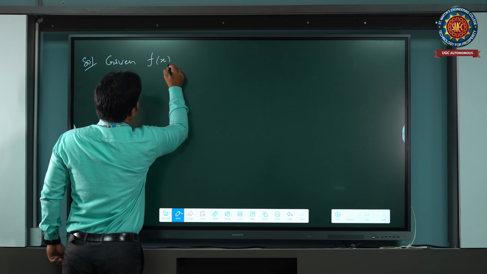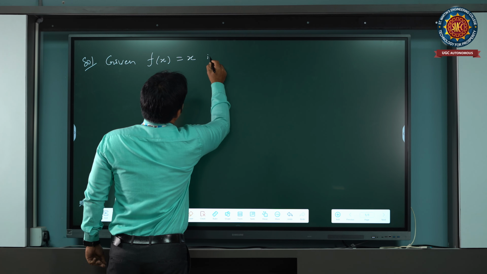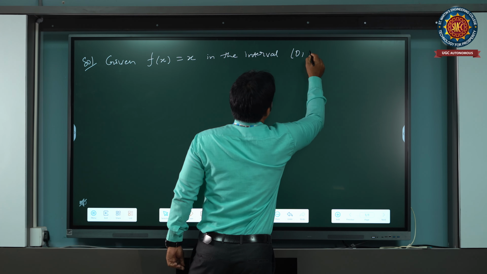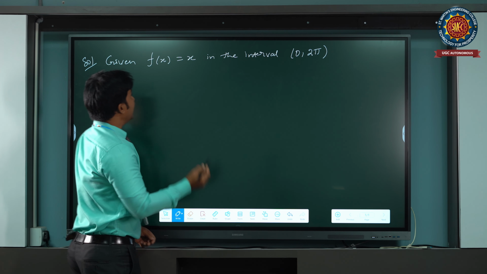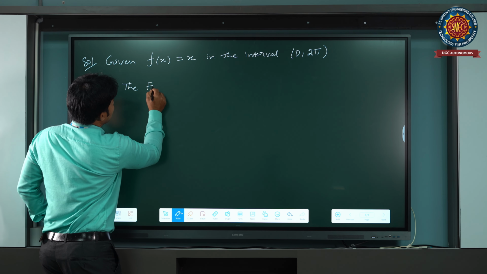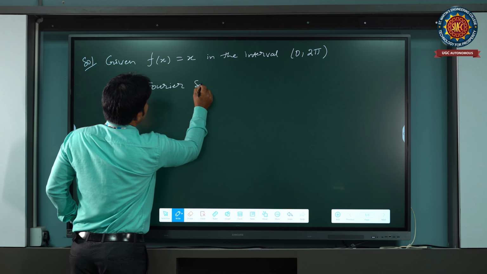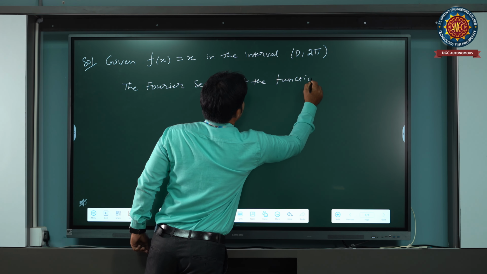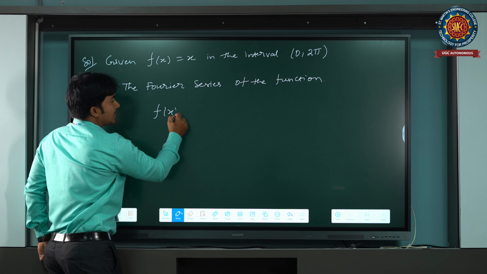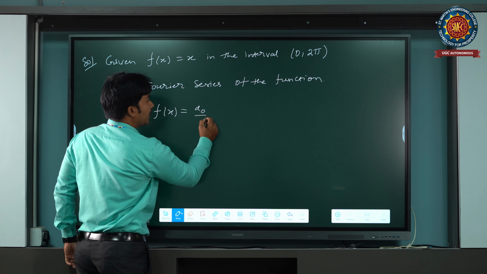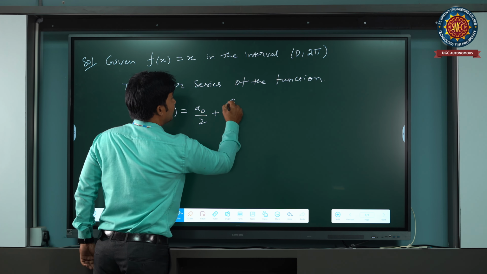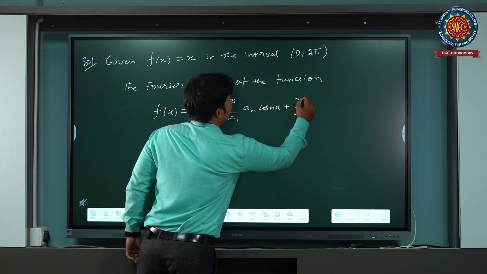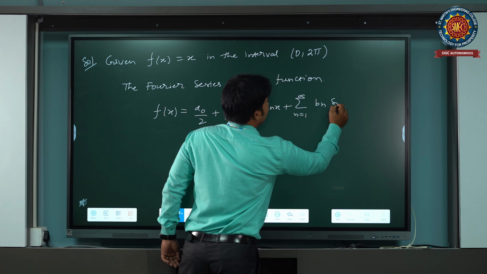Given f of x equal to x in the interval 0 to 2 pi, then the Fourier series of the function, the general form is f of x equal to a naught by 2 plus summation n equal to 1 to infinity an cos nx plus summation n equal to 1 to infinity bn sin nx,